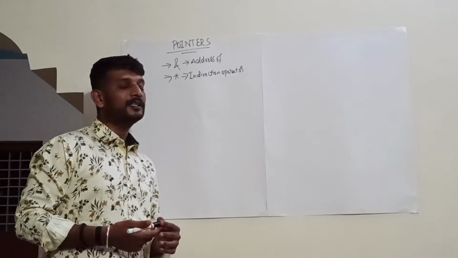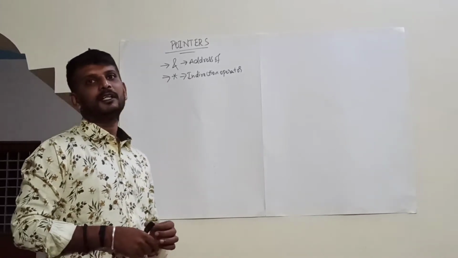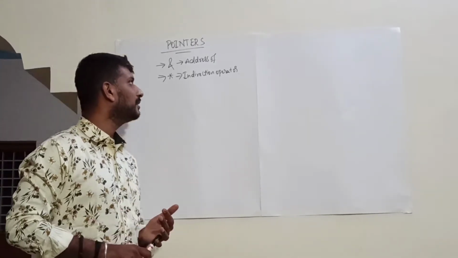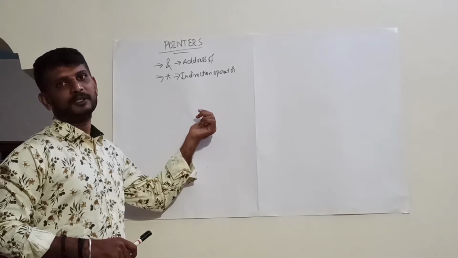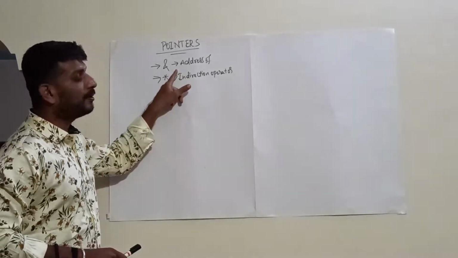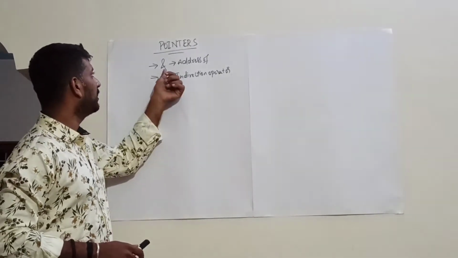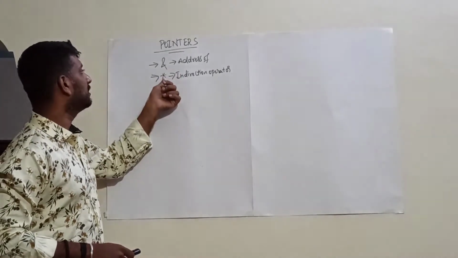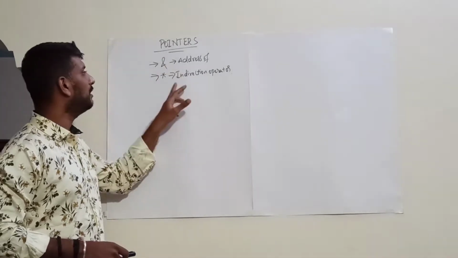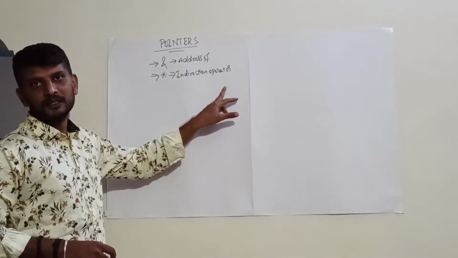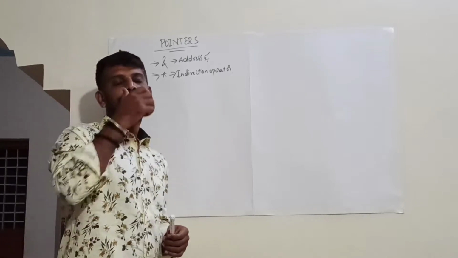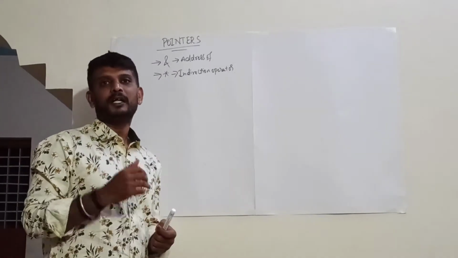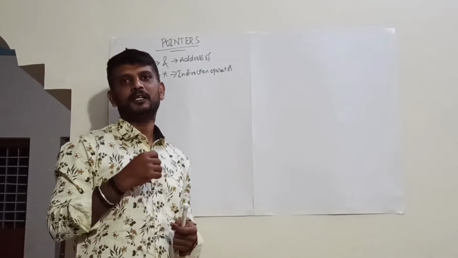Good morning everyone. In our last class, we discussed the concept of pointers. We have seen the definition of pointers and the operators which are used in programs concerned with pointers. One operator is called the address of operator, also called the ampersand symbol. The next operator is the star or pointer operator, also called the indirection operator. And we have seen the definition of a pointer: a pointer is nothing but a variable which stores the address of another variable.